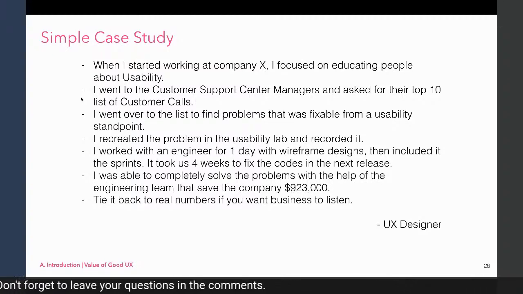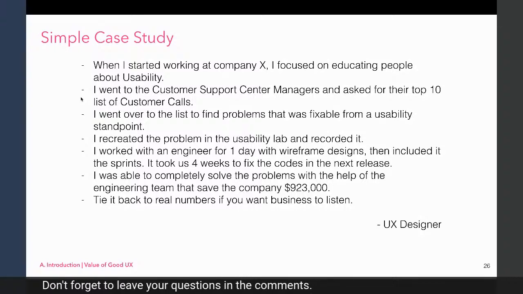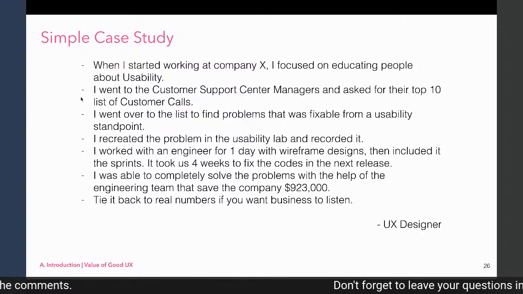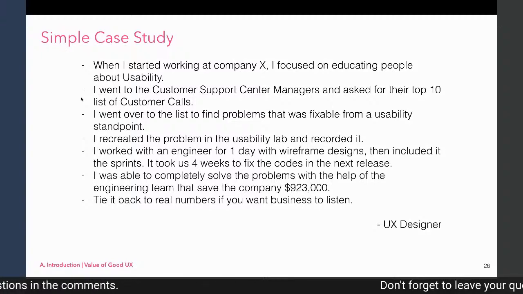And then based on the top 10 customer calls, pumili lang siya. He just chose one that he or she is going to solve. And then nag-partner siya with a developer, and then they tried to fix that. And then eventually, after fixing that, they were able to save 923,000 because of just fixing that problem.